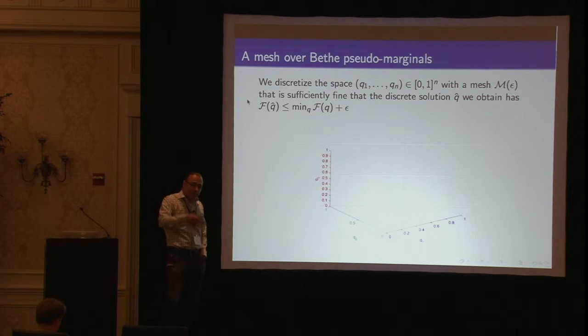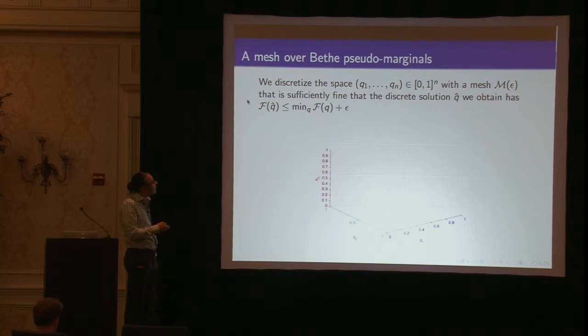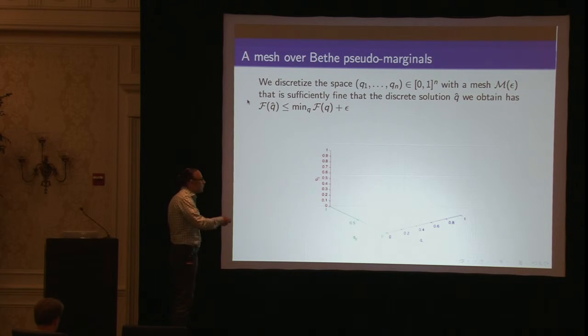So loopy belief propagation slides around and tries to find a pretty low energy configuration of these q1 to qn scalars. Instead, what we said is, let's try to find the optimal solution. And the way we'll do this is we'll create a mesh. So I've got q1, q2, and q3. Instead of doing a local algorithm, which I initialize randomly and let slide downhill, I'll discretize my space. I'll chop up q3 into 11 different buckets, q2 into 3 different buckets, q1 into 6 different buckets, and try